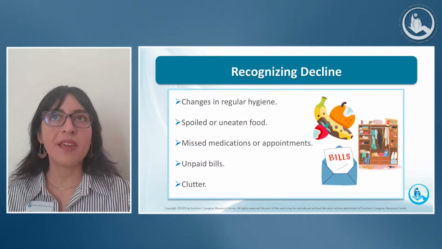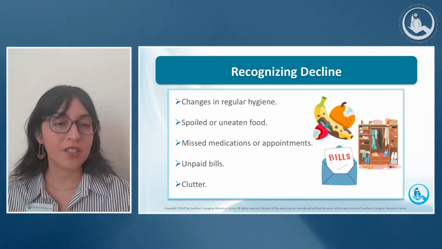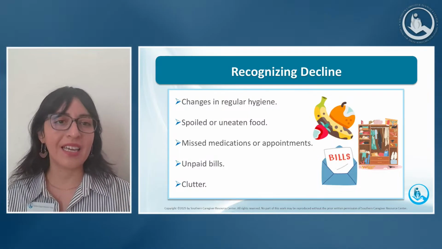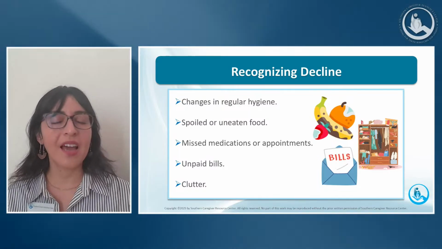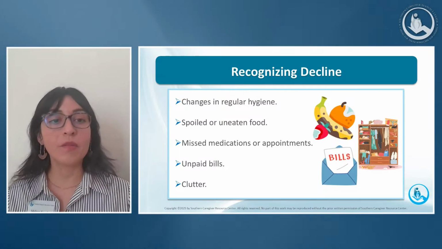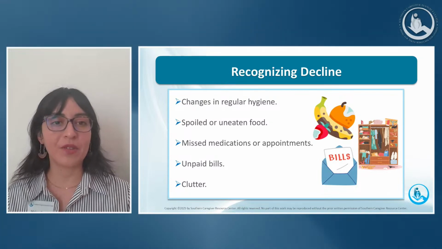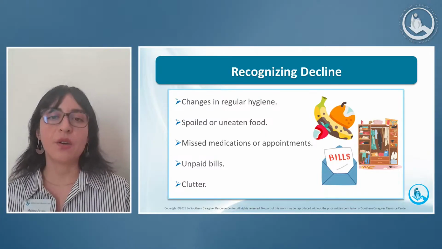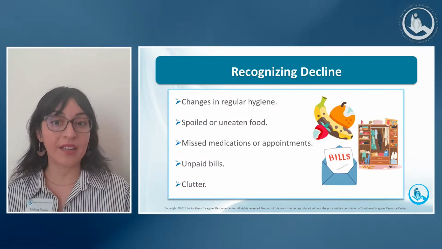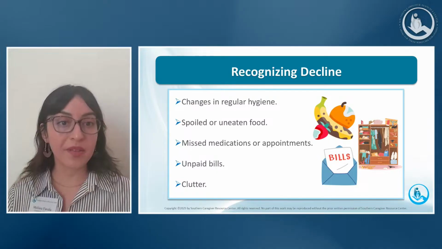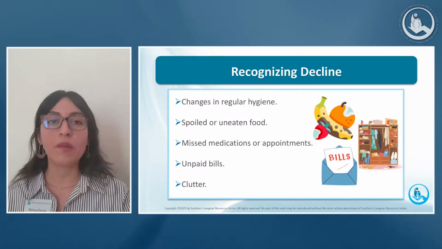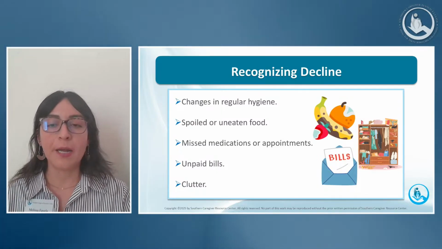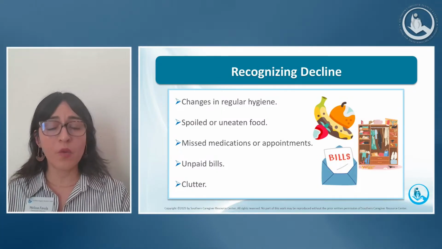But then maybe once they're in the doctor's office with their care receiver and there's things going on medically, the doctors can prompt, hey, has your mom been taking her medication regularly, because her tests are showing me X, Y, and Z. And so these are some things that we can recognize, right? Or if they're missing appointments, right? If we know that they have an appointment, they were planning on going, and then all of a sudden they start missing appointments. Unpaid bills is a big one.